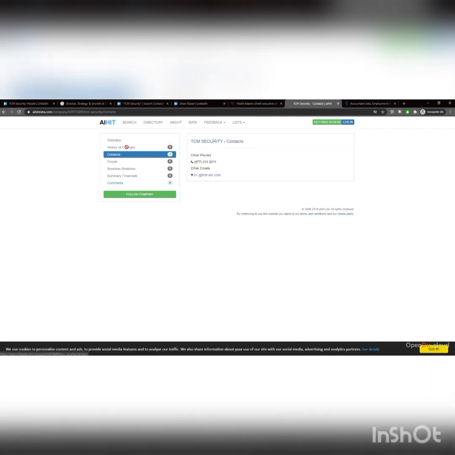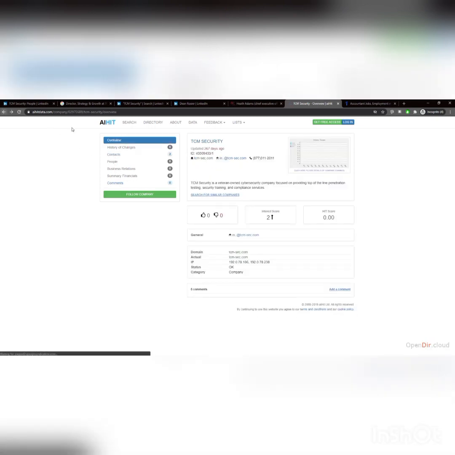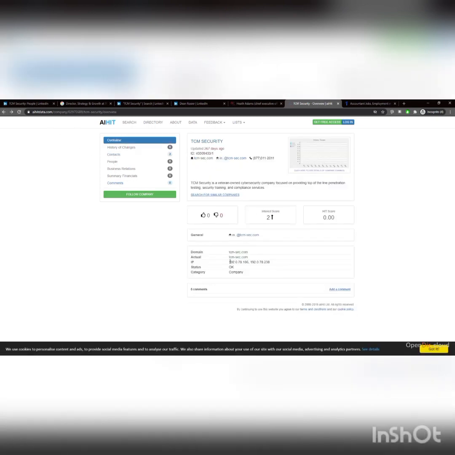Here's an email address. And then if we go back, we can see, okay, here are the IP addresses for the website. Now we did this when we were looking up the website information. And if you remember, these 192 addresses are actually old. So who knows when this data has been crawled? Oh, it was crawled 267 days ago. So remember, we just got a new website, new hosting, new everything. So this is all based on WordPress from a long time ago. So yeah, it depends. You don't really get that many updates here, but it's another place to come and look for data, perhaps old data, which could be useful as well.